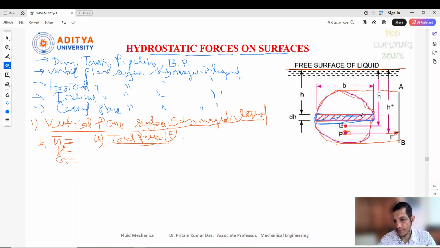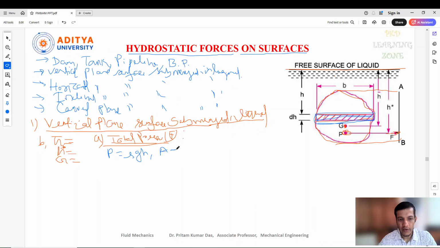On the strip, we can write the pressure on the strip equal to, we know the pressure formula, rho gh. In the previous lecture we already discussed this one; you can see that lecture. So the pressure on the strip is P equal to rho gh. And what about the area? So the area A